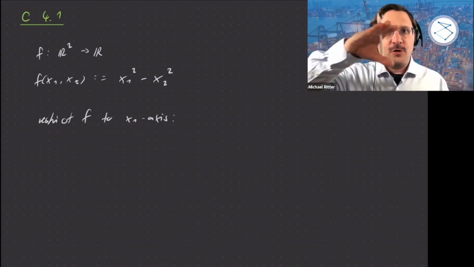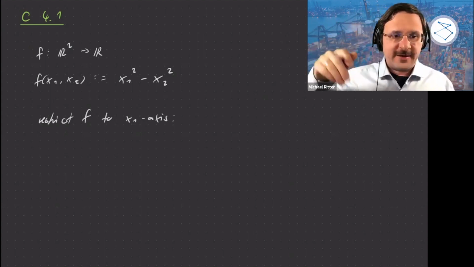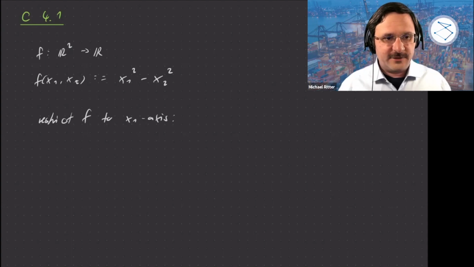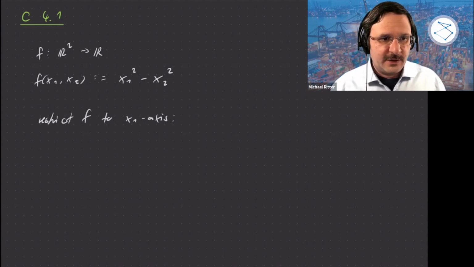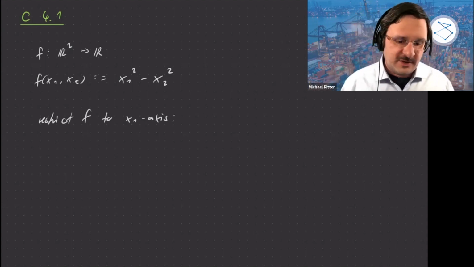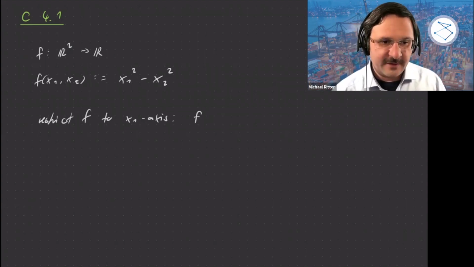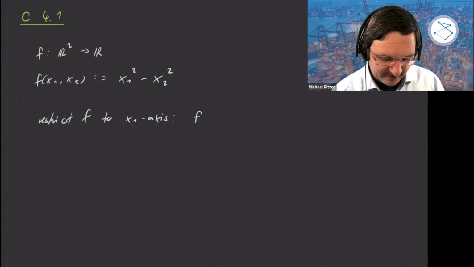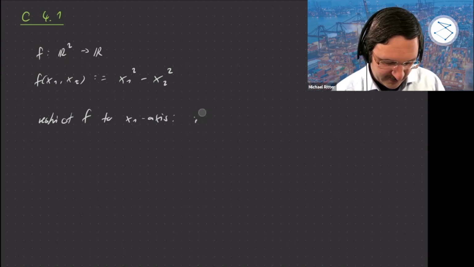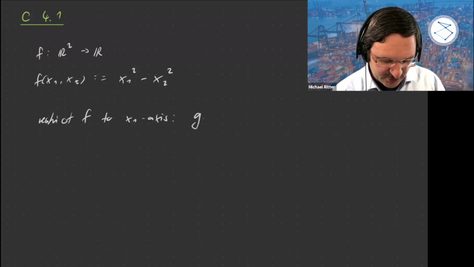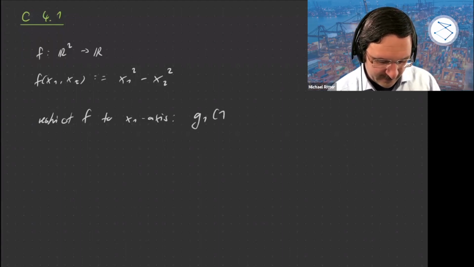So that means we're moving in x1 direction and we're fixing the value of x2. Okay, basically, let's try 0 first. If we fix the value of x2 to 0, then we get another function. Let's call that g1 of some parameter lambda. And we'll define that as f